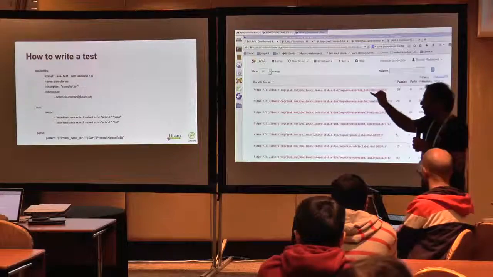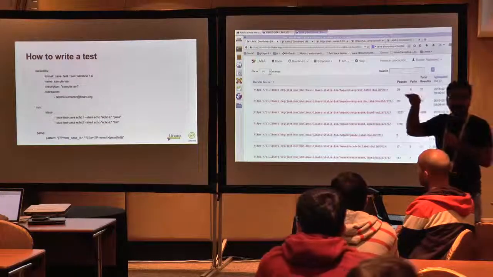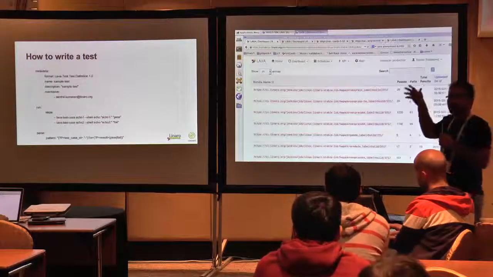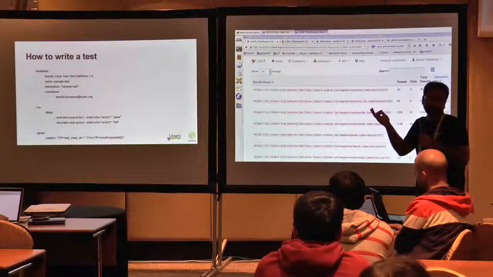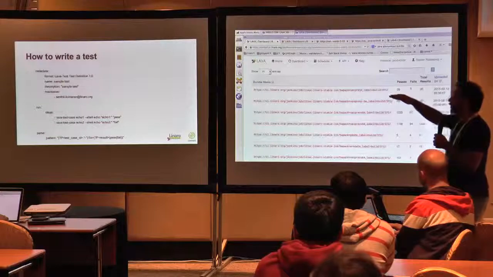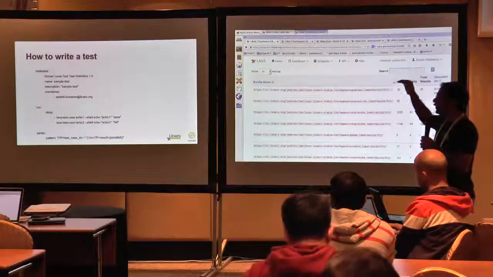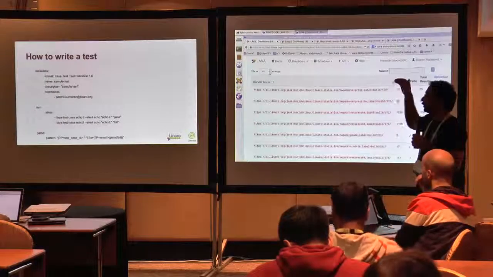The format is Lava test definition 1.0, and basically it's been there for a long time. We didn't evolve a lot of things in the test definition structure, which is why we have the test definition format as 1.0. It is a mandatory parameter which you need to specify.